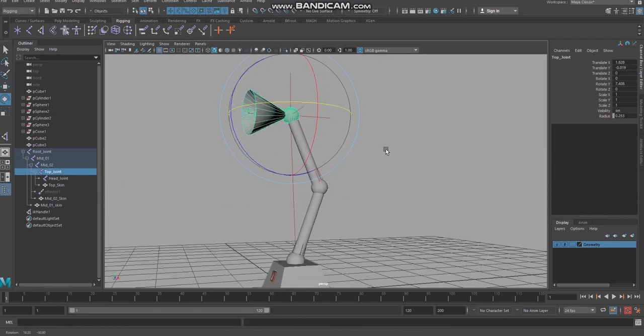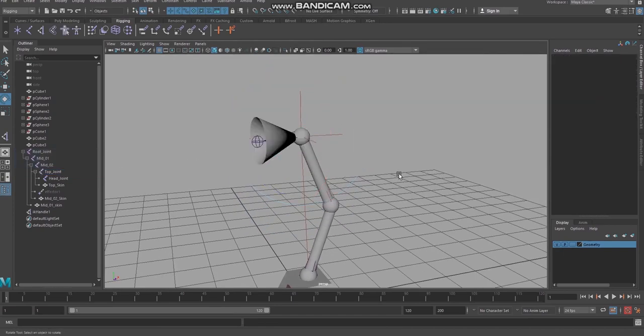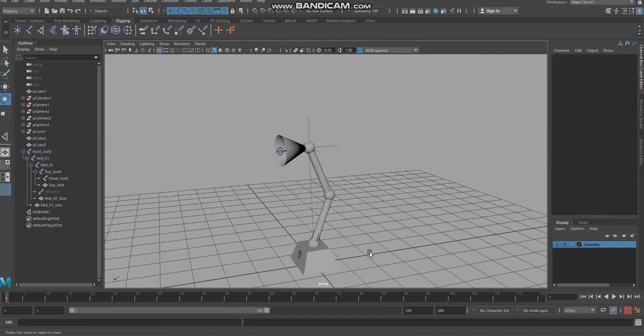With the same controller we can give multiple constraints. So: master control, base control, one control on the top,